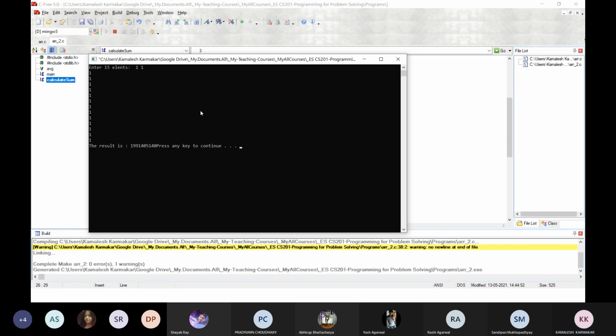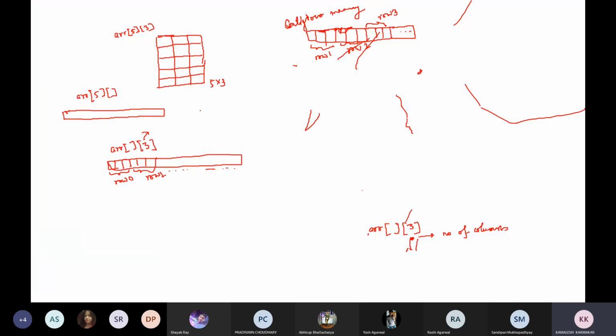Okay, so if the number of columns is known, the number of rows can be determined if the total number of elements is known. But as we have discussed, if the number of rows is known but the number of columns is not known, it's not possible to split the array into multiple rows.